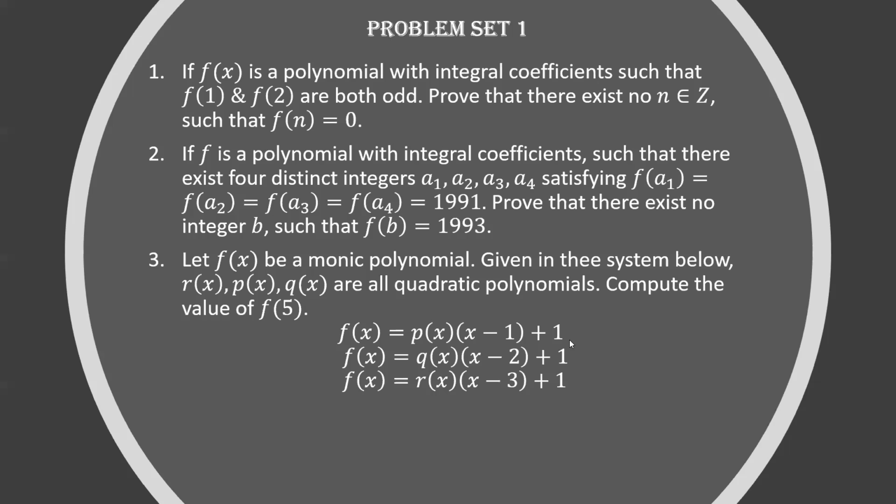Find a polynomial equation such that f of x is equal to x minus. Express f of x in only one factor theorem equation, like we had done in question 2, and then put the value of x as 1, 2, 3, 4, and 5, and we can compute f of 5 easily.